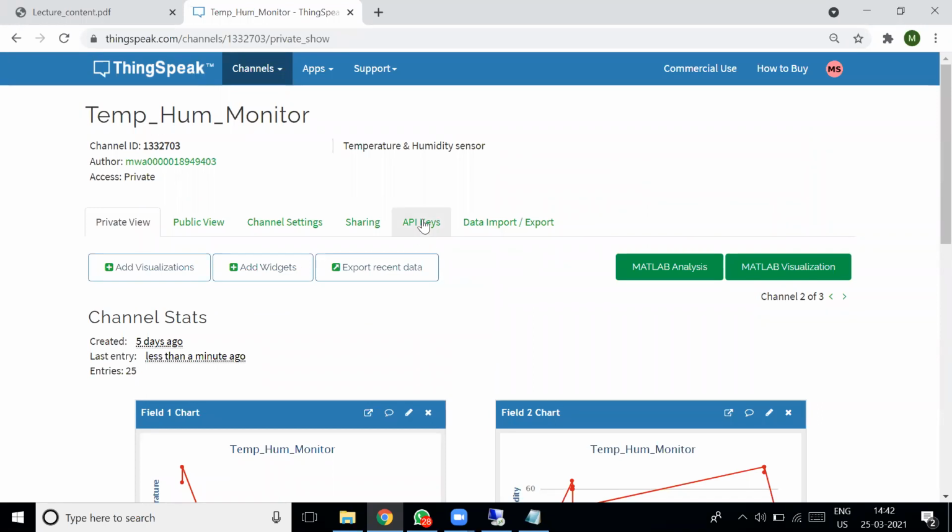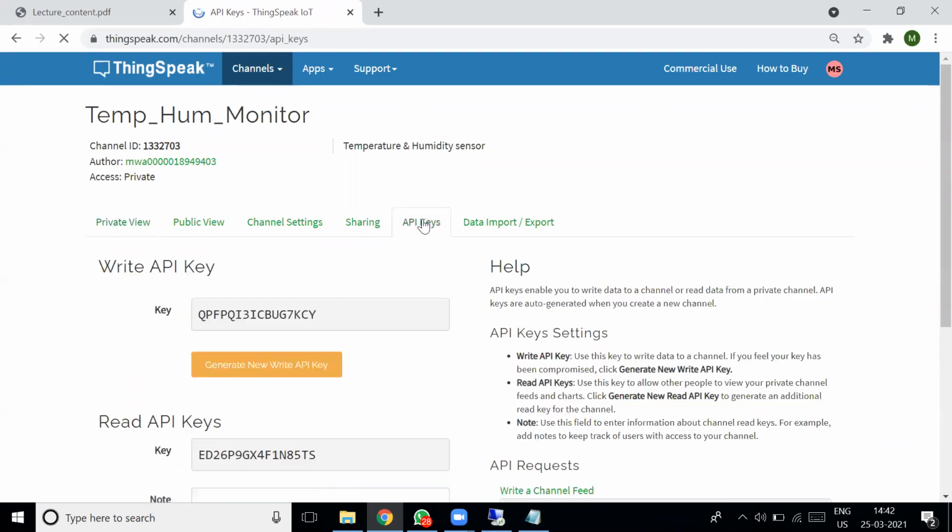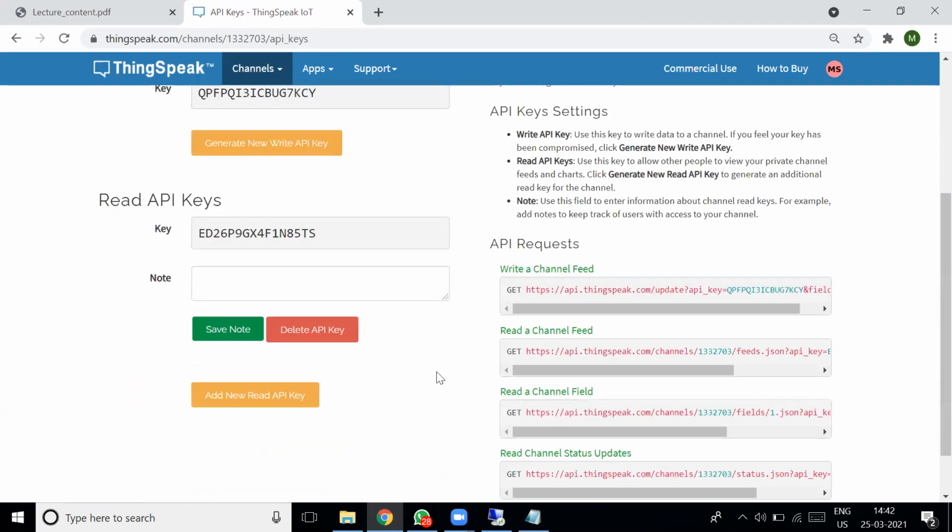So now we'll check how to get the value from the ThingSpeak cloud, and how to parse the data in our Android application. For that, we check the URL, right?